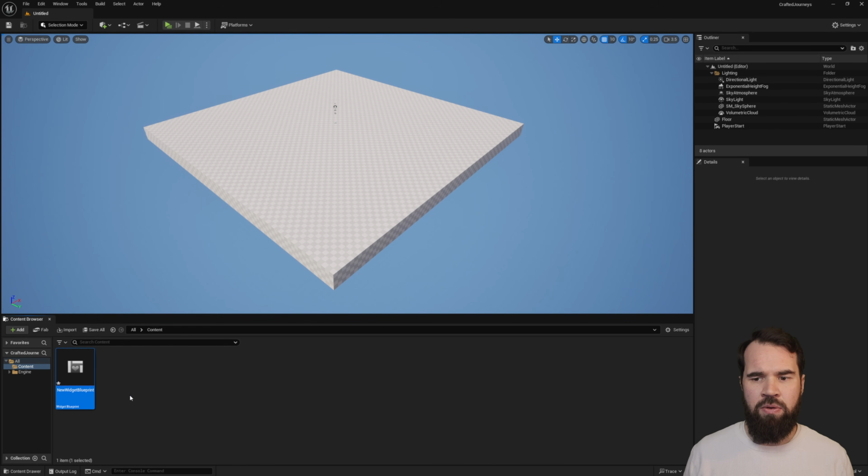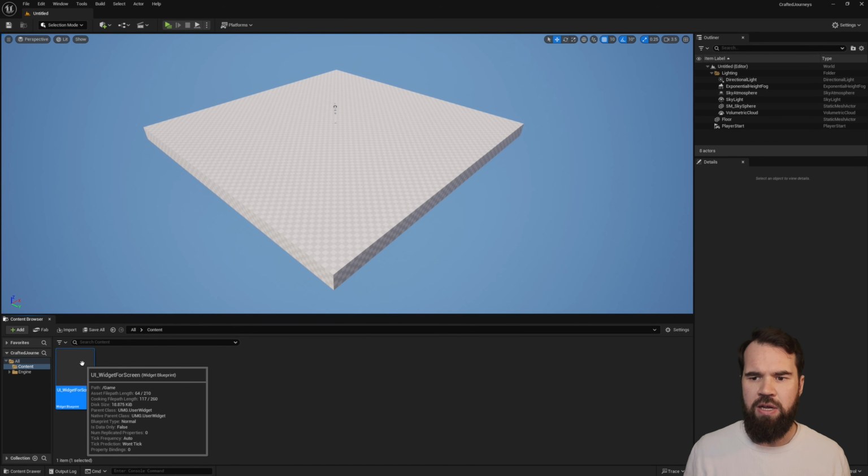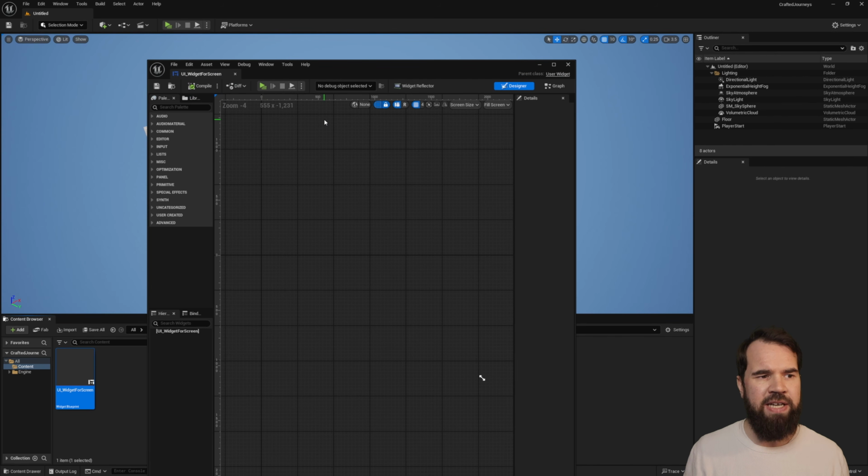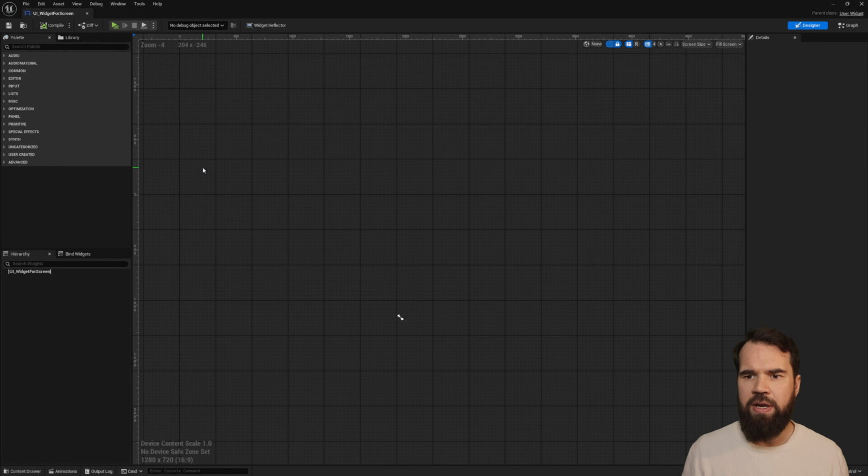This is going to create a new widget blueprint in the content browser called new widget blueprint. I'll press F2 on the keyboard to give it a new name, and I'm going to call it UI underscore widget for screen. So let's open our widget blueprint up to take a look at what's in there. So I double click on the icon here, and it's going to open up the widget editor for me. So I'm going to full screen that, and you can see the most important things to take notice here are